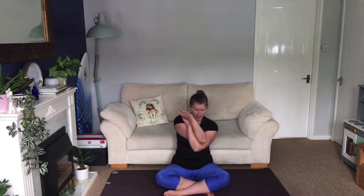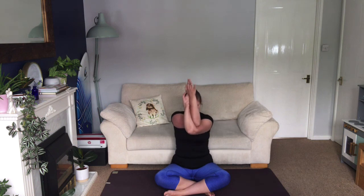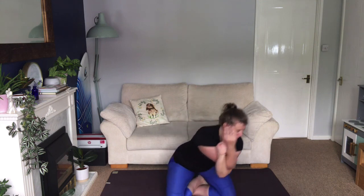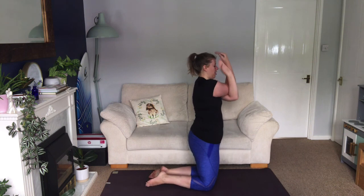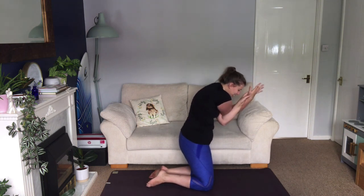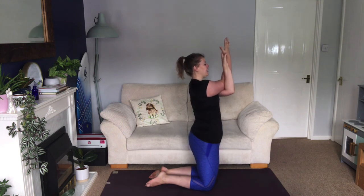And then lift your elbows up so they come in line with your shoulders. Relax the shoulders down and then bend your elbows to 90 degrees. So from the side, you look like this. So you can twist them around and then sit tall, lift the elbows, relax the shoulders,